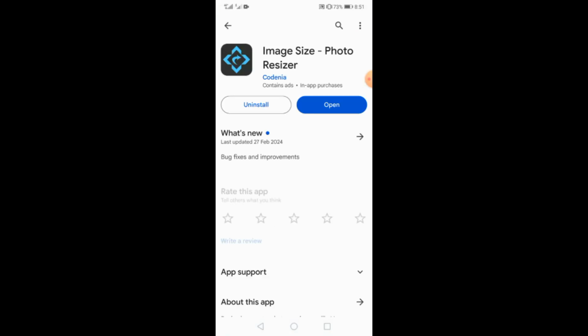Open the Play Store and download Image Size Photo Resizer. When you download and open it,